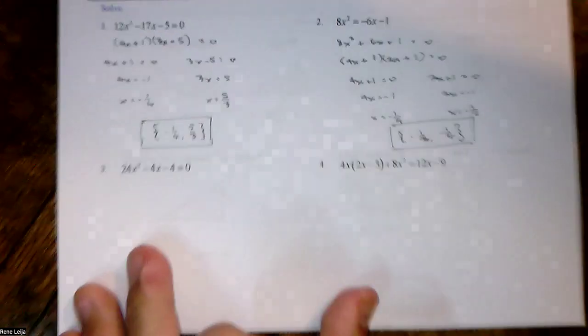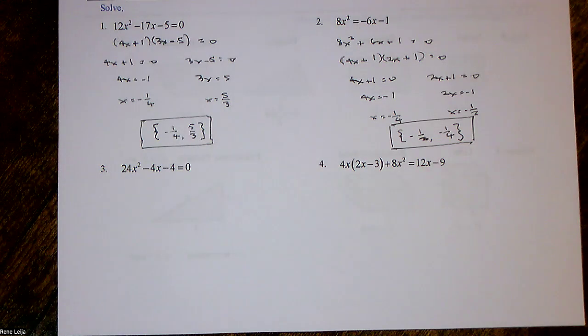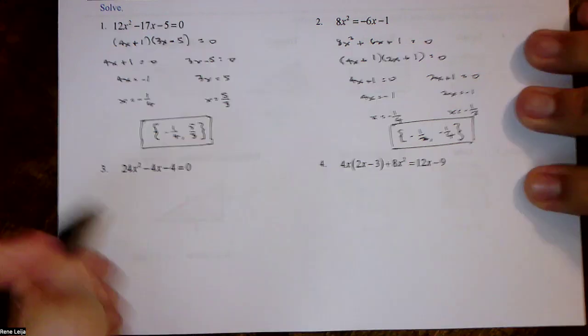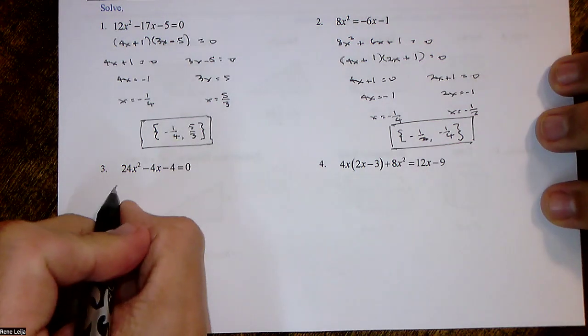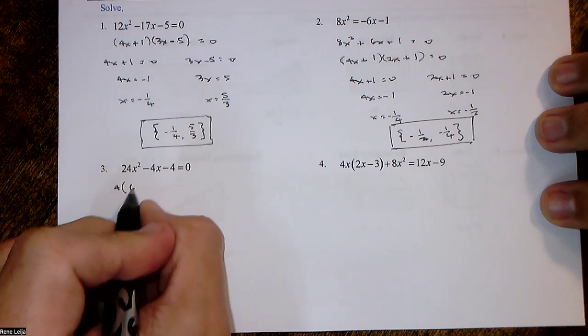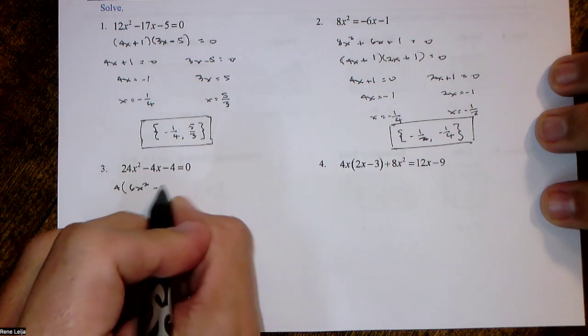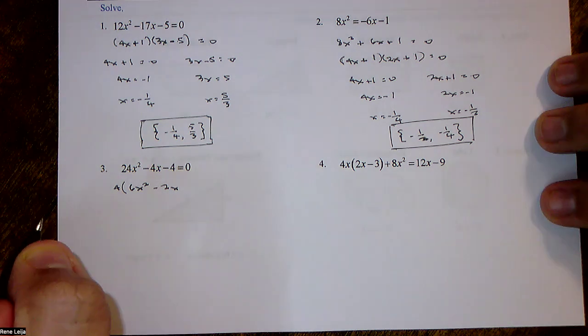Number 3. Now, when you factor, remember the first thing that you're always supposed to check for is, do you have a GCF? And in this case, I do have a GCF. My GCF is a 4. So I'm going to factor a 4 out. And that's going to leave me with 6x squared